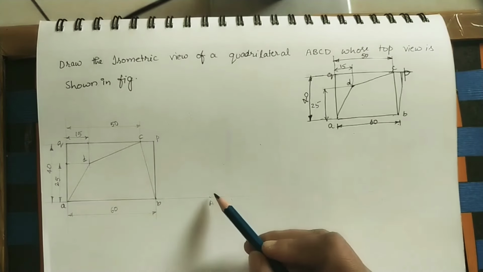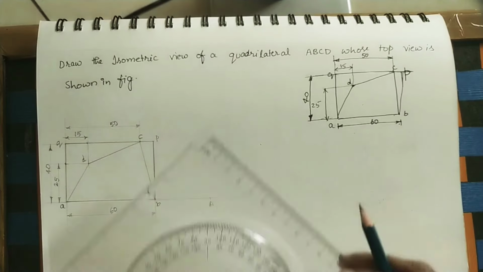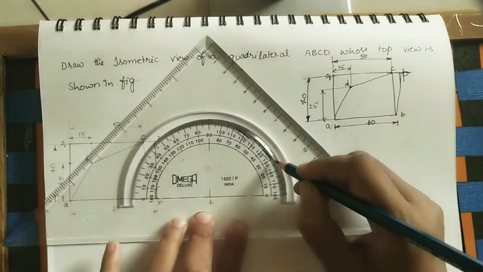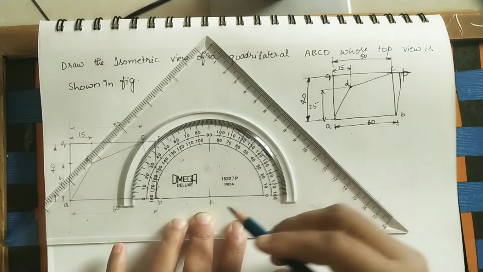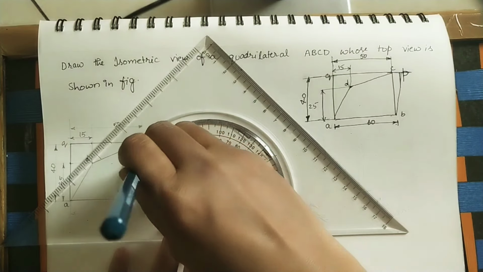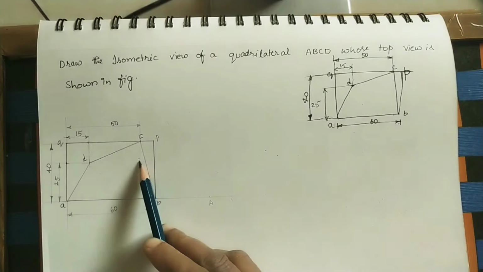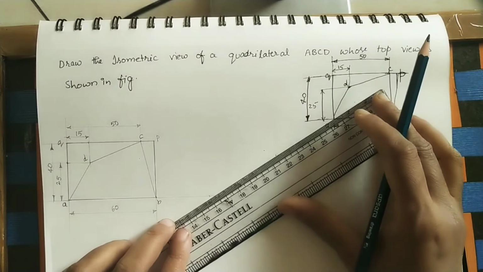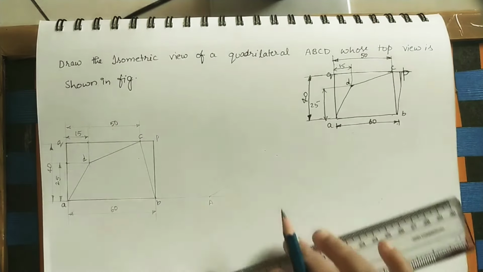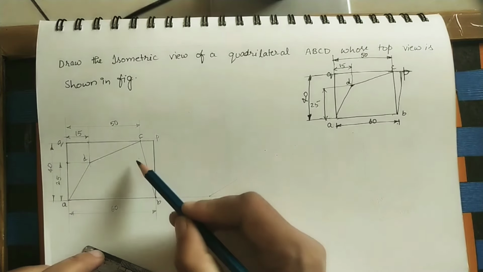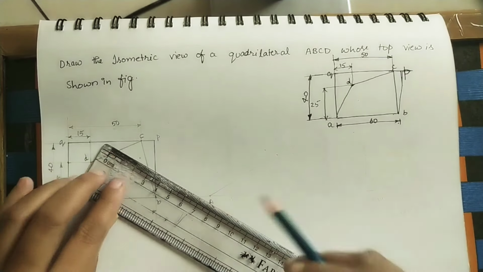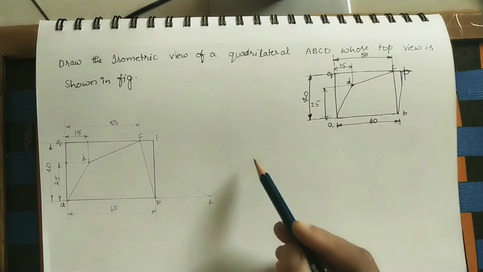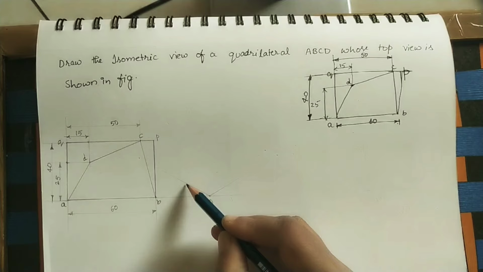At A, draw one inclined line which is making 30 degrees. Take 30 degrees this side, and this side also take 30 degrees. Now we got one point here, one point here. In this direction draw one 30 degrees line of some length. In this direction also, this is also a 30 degrees point, draw one line of some length. So I took two lines which are making 30 degrees with the horizontal on both sides.